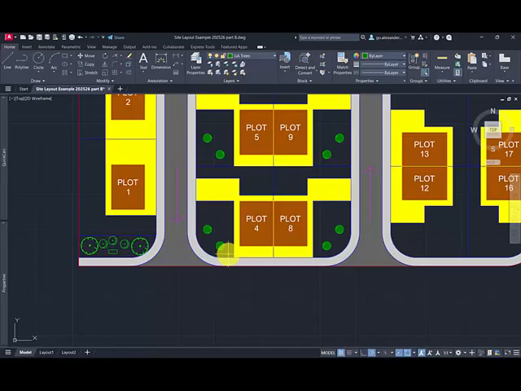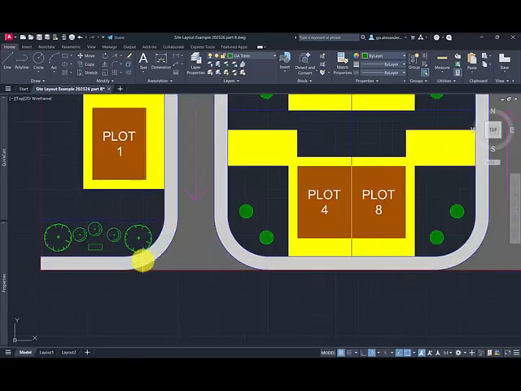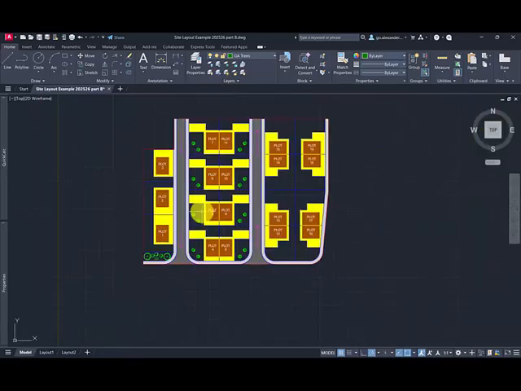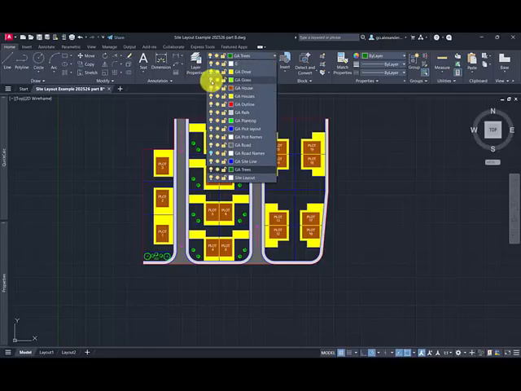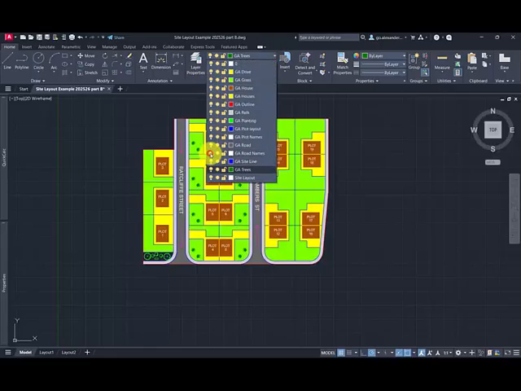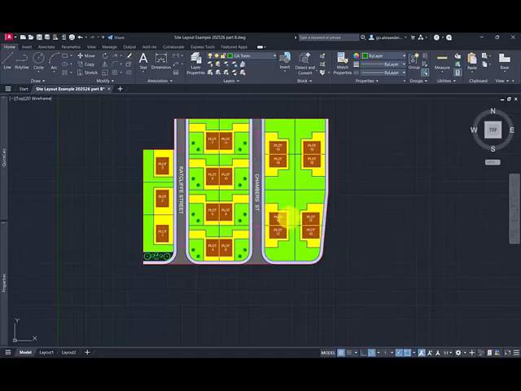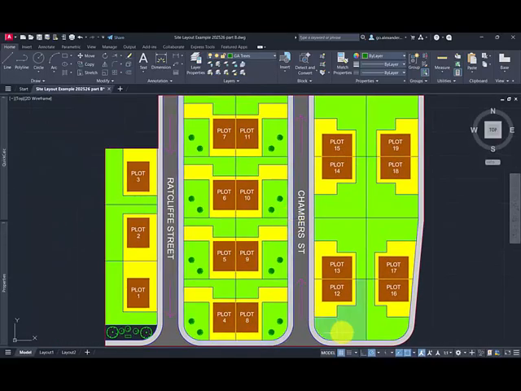If you're putting on a few cars, don't overdo it. I suggest maybe using a couple of different colors for the cars if you so desire. It's not about demonstrating that you can add cars, it is more to do with your plot as such. So let's turn back on the grass layer, turn back on the road names, and overall that's looking not too bad now. As I said, you can refine it a little bit further by potentially adding cars and a few